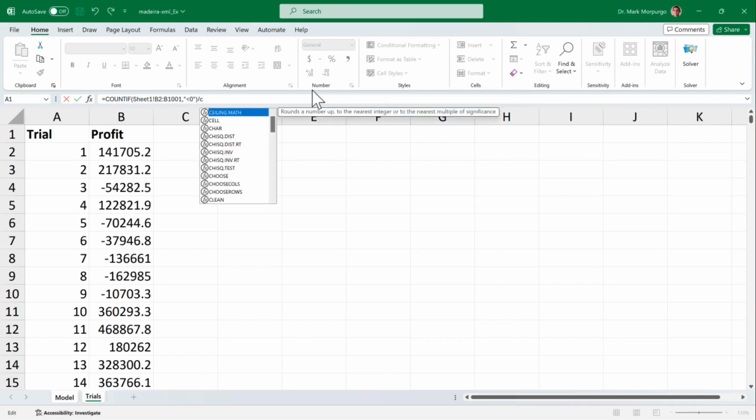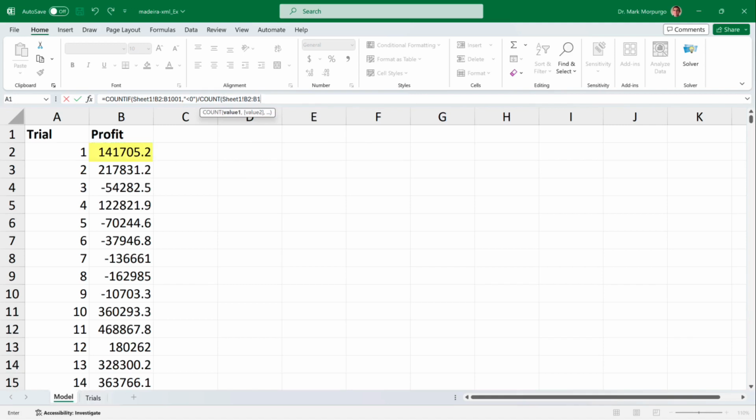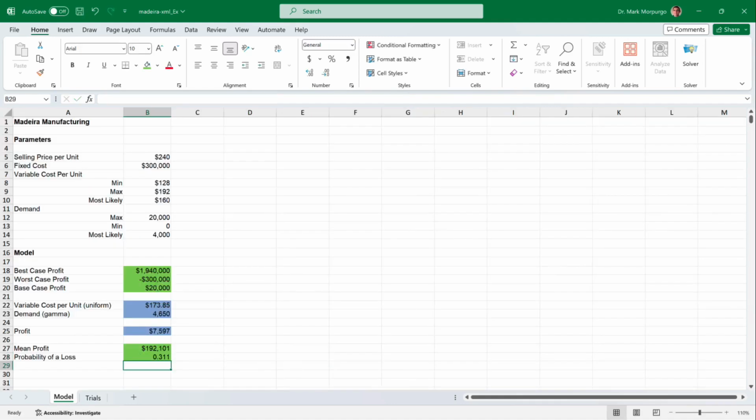Now type the divide sign and type the word count to bring up the function. Select it or press the Tab key, click on cell B2, followed by a colon, then B1001, followed by a closing parenthesis. This will count the number of losses in the cell range B2 through B1001 and divide by the total number of trials. Press Enter or Return, and we're taken back to the model worksheet, and I have a